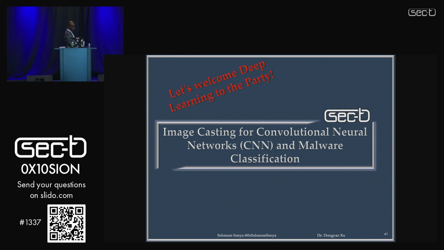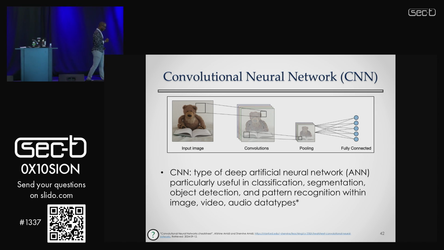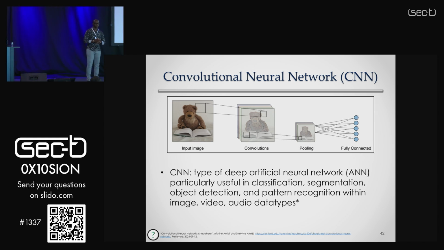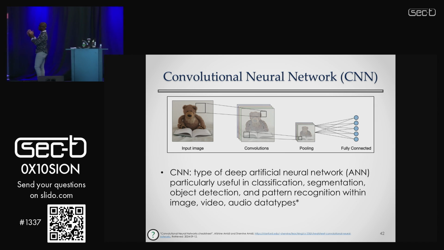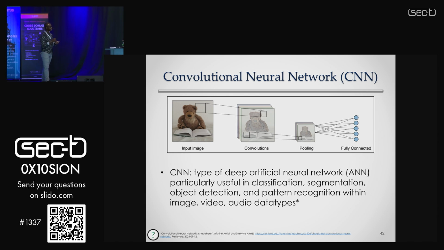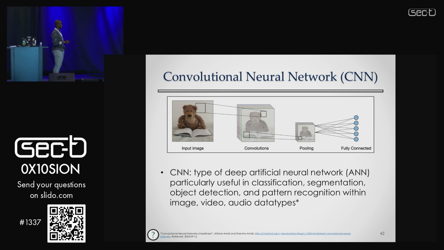All right, so let's talk about this slide, a convolutional neural network. If we've heard the terms artificial intelligence, machine learning, CNN, the convolutional neural network is one of those artificial neural networks that has been mentioned. We use this really well, and it works really nicely. The normal domain for a convolutional neural network is image classification and textures as well as edge detection. So we have this type of deep learning neural network that we can use to classify different types of images. The general input is an image, a video, or even audio data types.